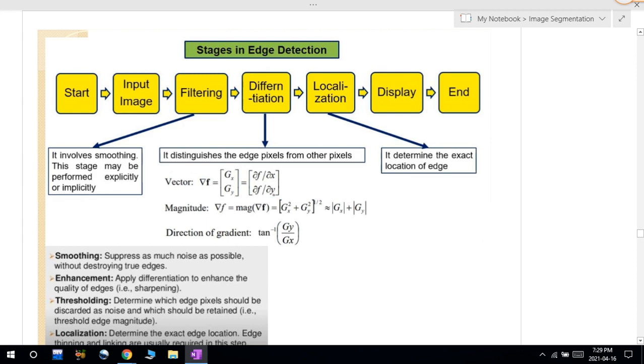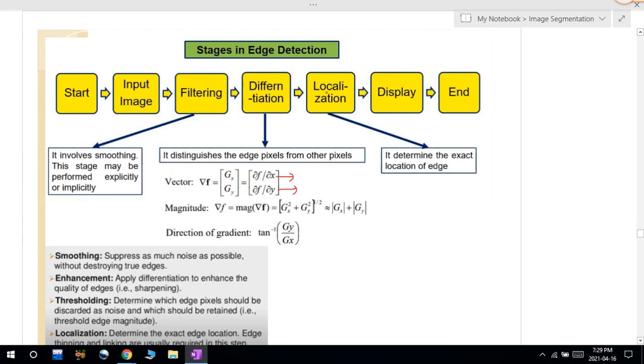For differentiation, we apply different types of operators, like what is the change in the x direction. You have seen this differentiation mostly at the intermediate level. If you want to find the change in the x direction, I will use ∂f/∂x. The f is nothing but your image. In that image I try to find the intensity changes, in the x direction and in the y direction. Once you find those intensity values, that is called the differentiation operation.